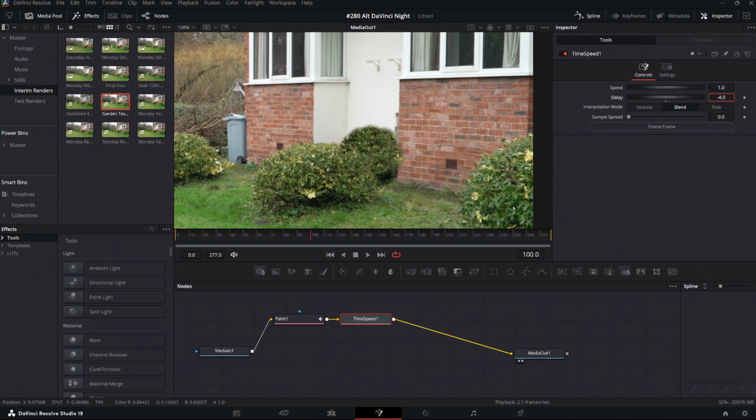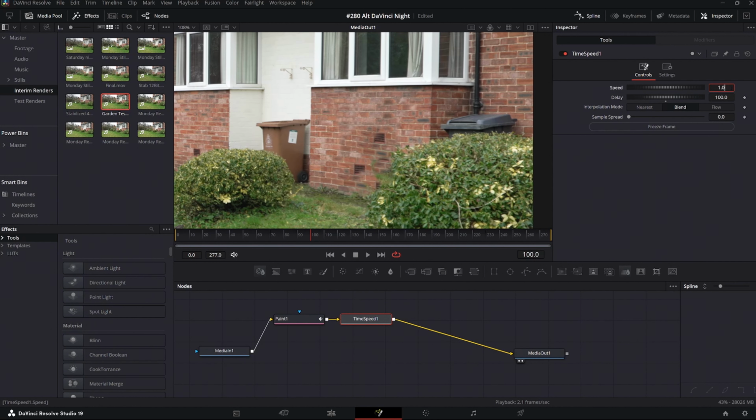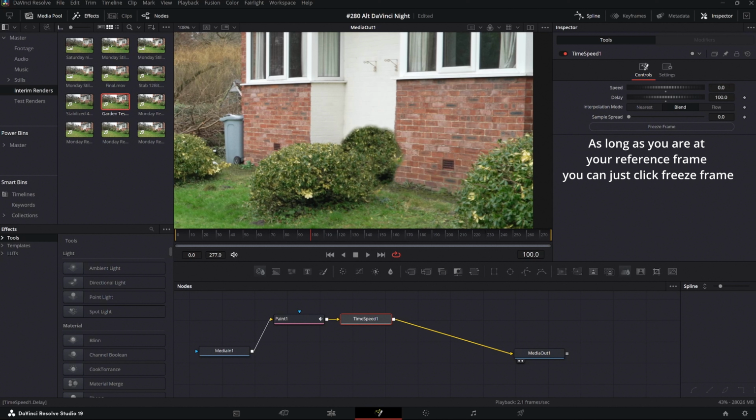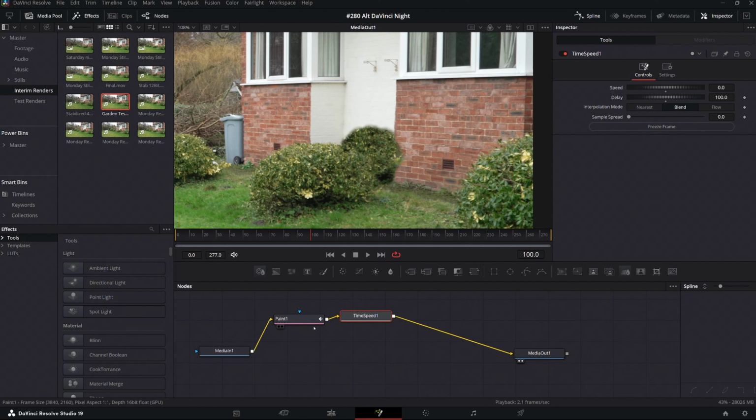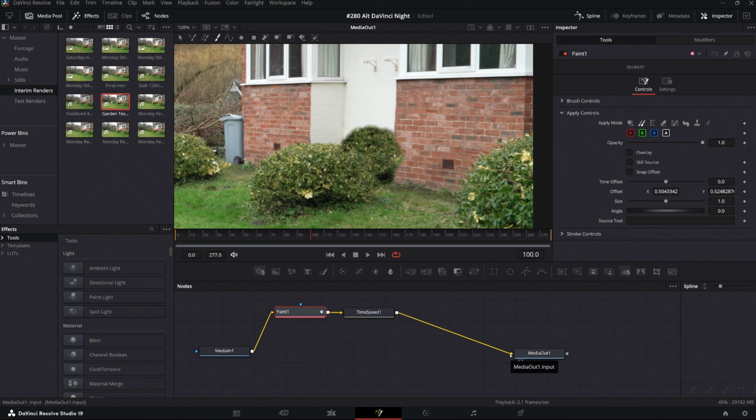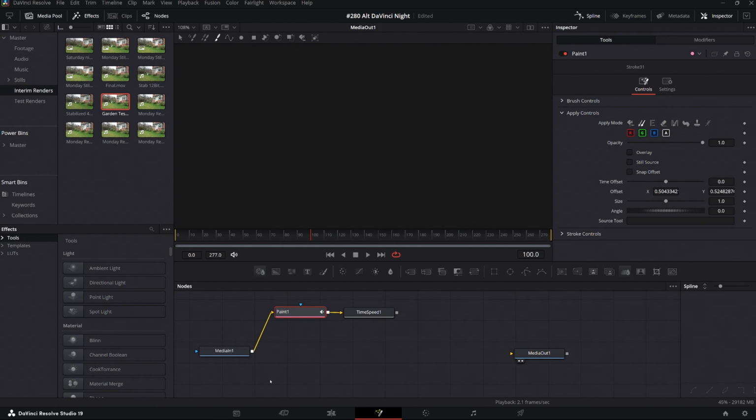So we rub that out and put 100. Right, this here, we need to alter that to 0. So we click that out and put in a 0. So we've now got 0 is its speed. We don't want it moving, we want a still of frame 100 in this clip. So that's that. We can now disconnect that from the output and connect the media in to the media out again,